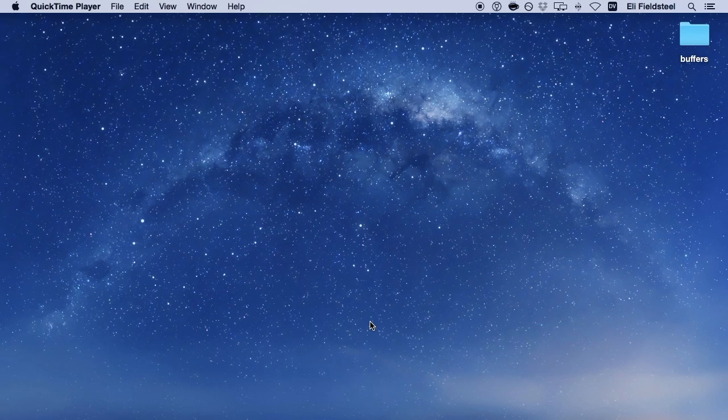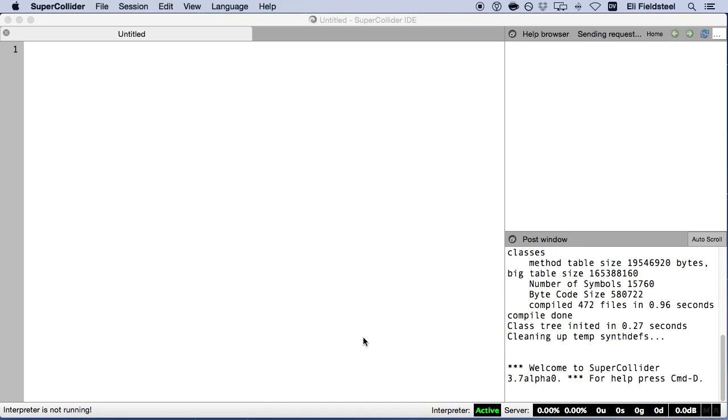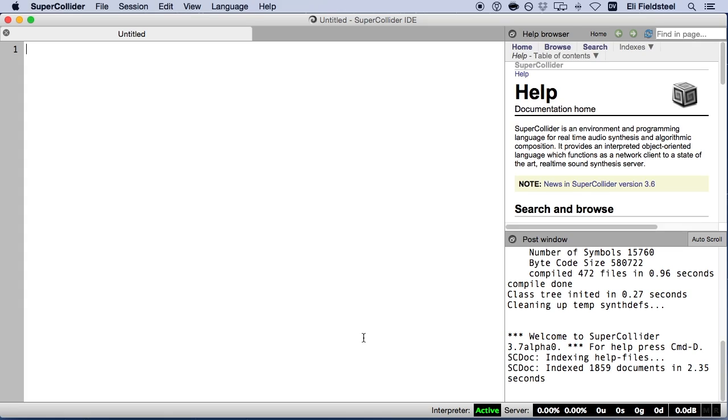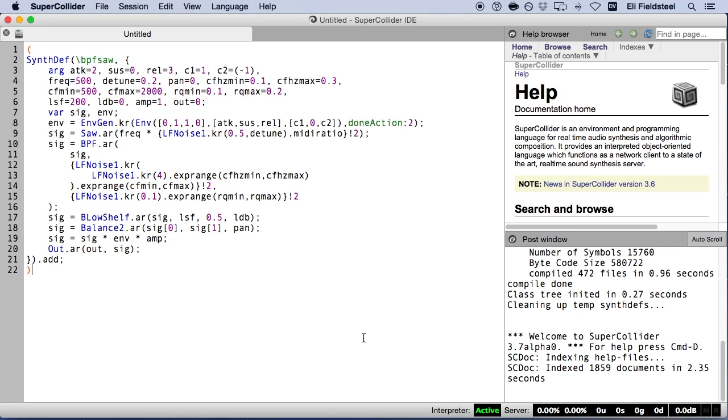This will be a continuation of the previous video, so we're going to pick up where we left off, develop some more synth defs, and touch on a few other ideas that we can use in the context of a short composition. In the last video, we coded this multi-purpose bandpass filtered sawtooth instrument, but one thing it doesn't do